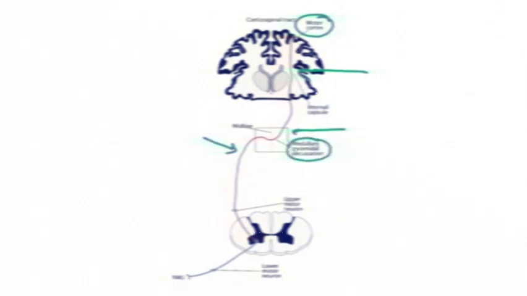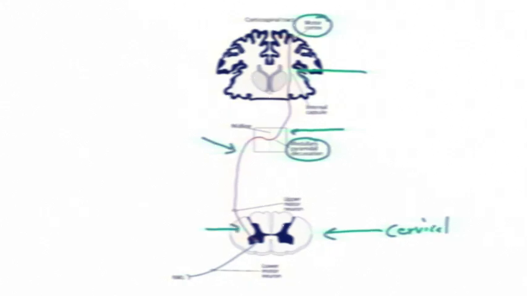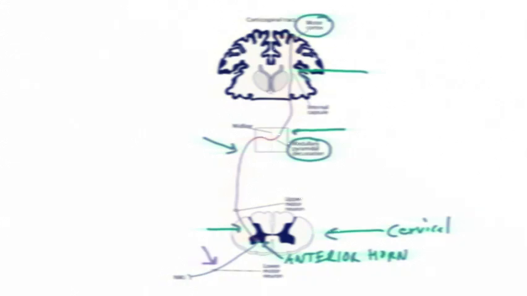The tract then continues within the white matter until it reaches the appropriate level. As you can see, this is a cervical spinal cord, and for this particular neuron, it'll come down, stay within the white matter until it reaches the level that it needs to send its neuron out, and at that point, it'll cross over into this anterior horn of the gray matter. And then finally, the second neuron leaves through the anterior root and goes to the neuromuscular junction, where